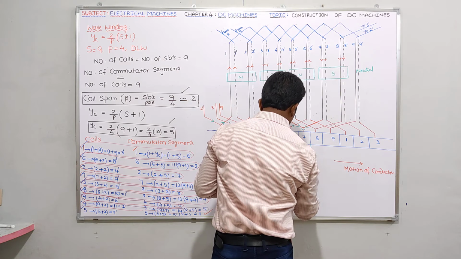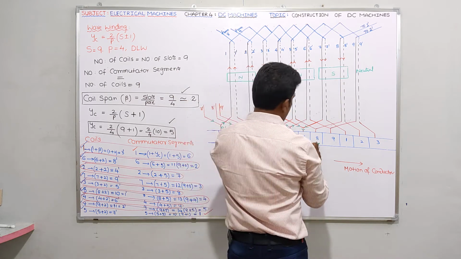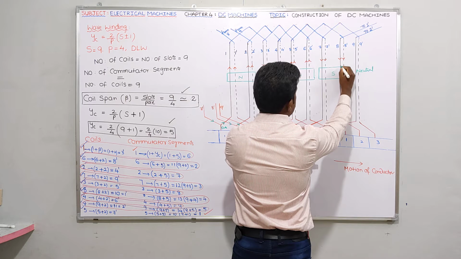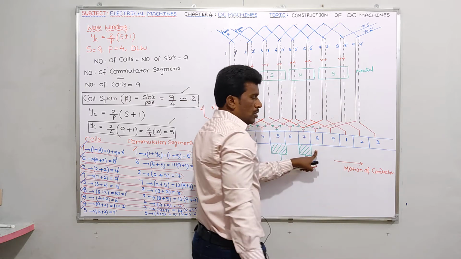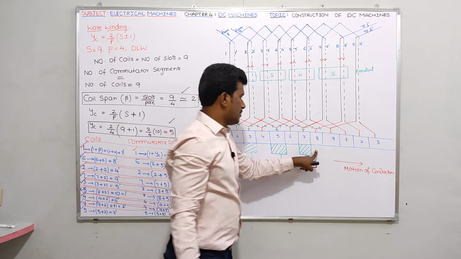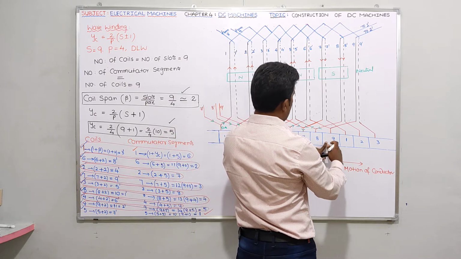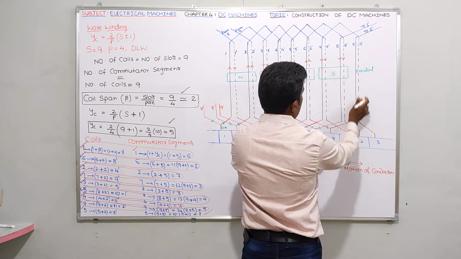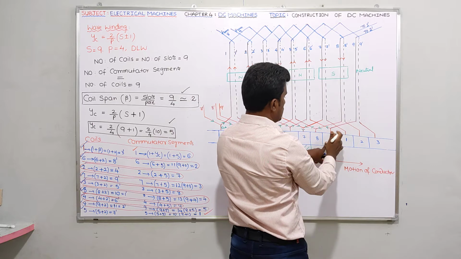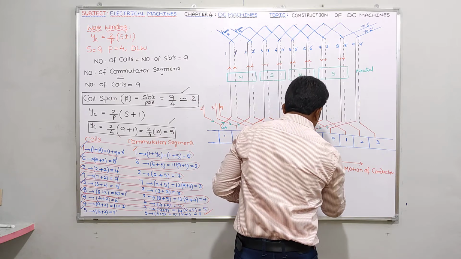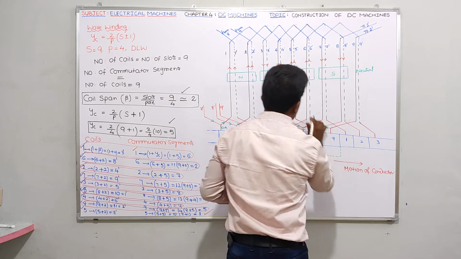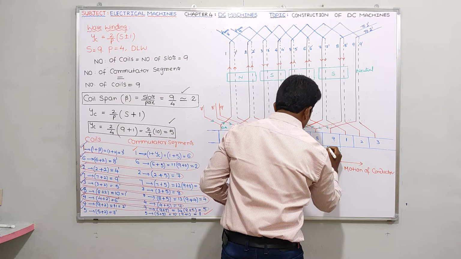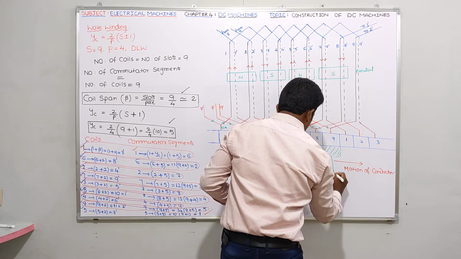The current will be in the downward direction. And what about the 8th segment? The 8th segment is connected between 5 dash, upward arrow mark, and 8, downward. So the resultant current is 0, there is no need to connect a brush here. And the last segment, the 9th segment, is between 6 dash, upward arrow mark, and 9 dash, where there is no current. Suppose if you want me to take a brush by considering only this conductor 6 dash, let me show this dotted brush like this. It will be upwards.